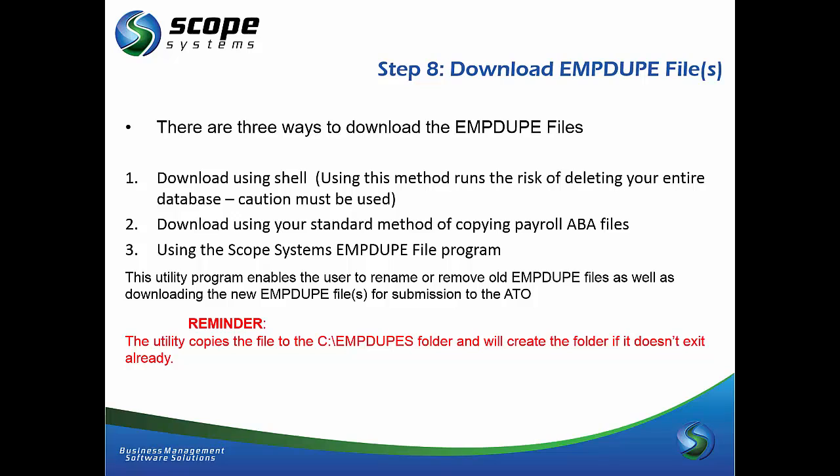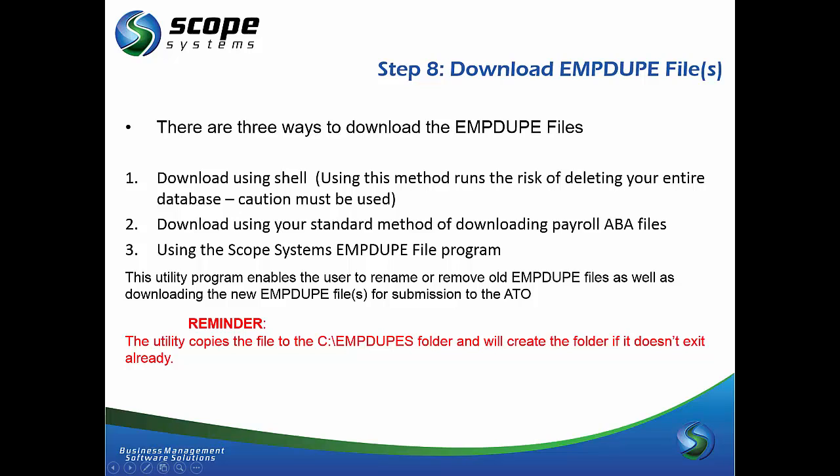Now you can download your EMPDUPE file that you created when you ran your print payment summaries. There are 3 ways to download the EMPDUPE files. Download using Shell, download using your standard method of downloading payroll ABA files, or using the Scope Systems EMPDUPE file